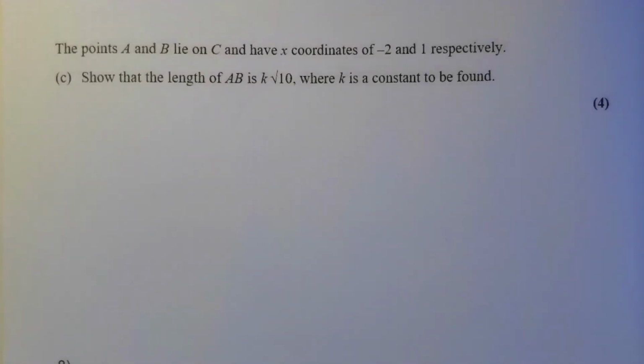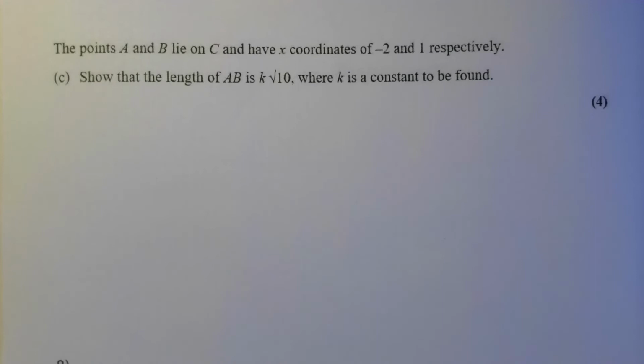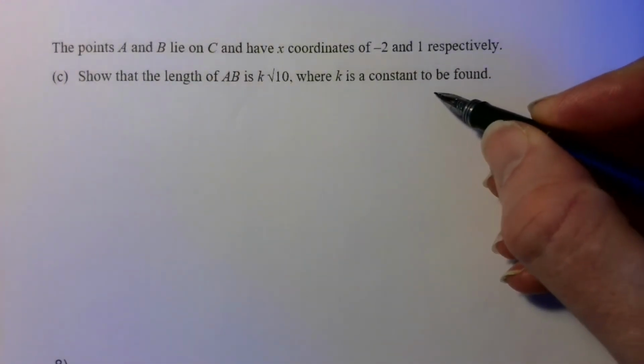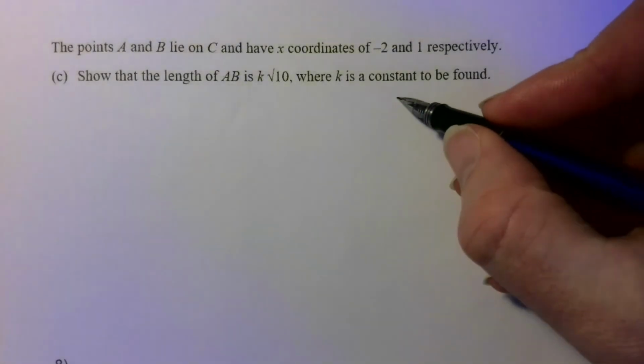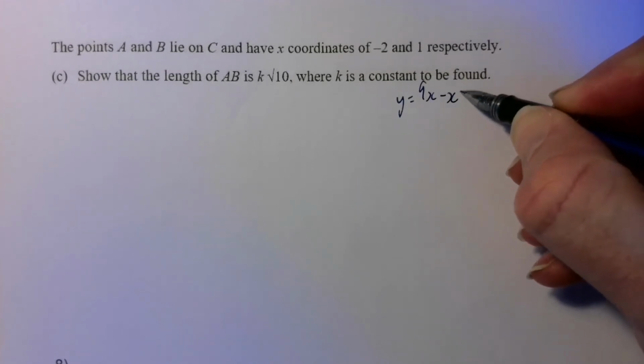The points A and B lying on C and having x-coordinates of -2 and 1 respectively, showing that the length of AB is that. Well, the first thing we need to know is where are those points? I'm not going to put it on that sketch that we had before. So we were looking at y equals 9x take x cubed,